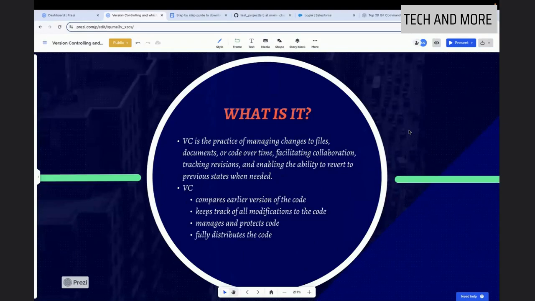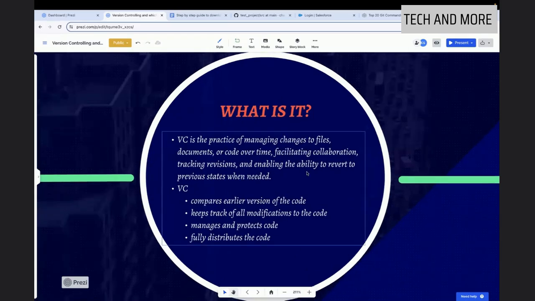It is basically a concept which helps you, if a team is working on multiple things at one time, to maintain the changes and all the things in harmony, in an organized manner. That is where version controlling comes into the picture. Cool. Now,